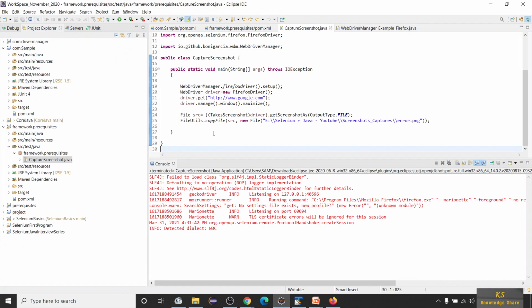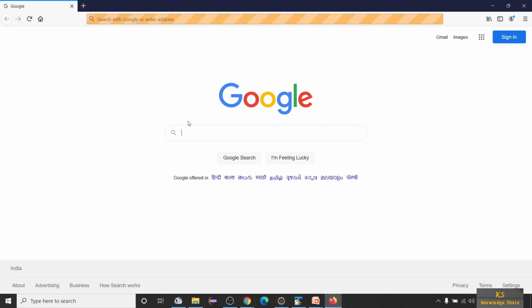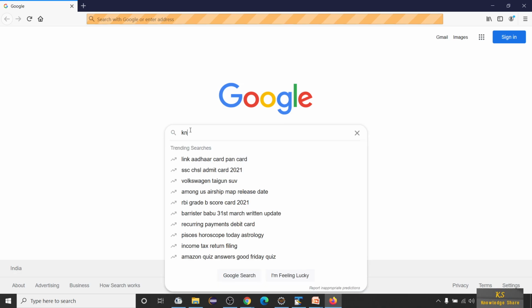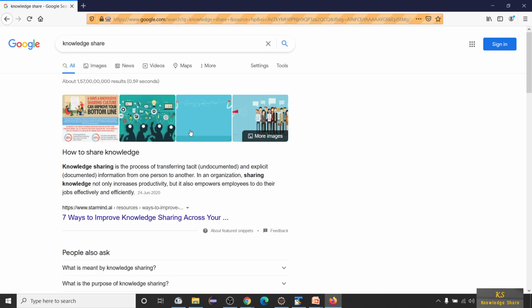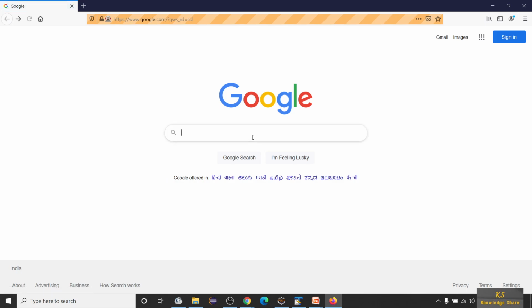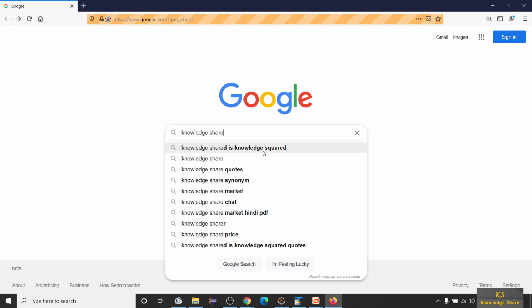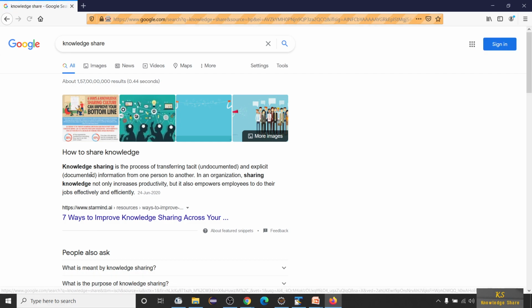Now say for example you want to capture multiple screenshots. That means you have to capture this Google page, and once this Google page is open, you have to type some knowledge share, and you have to press enter, and you have to capture this page also, right? You have to capture three screenshots basically. One is the Google home page, one is after typing knowledge share, so that I want to see all the suggestions over here, and then I have to press enter and I have to see all the results, right?